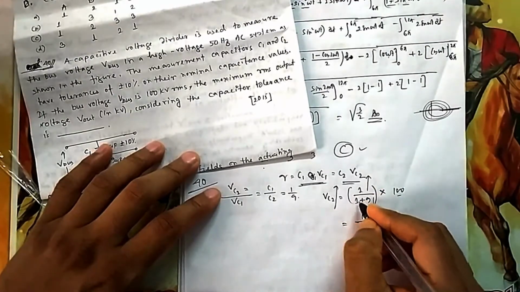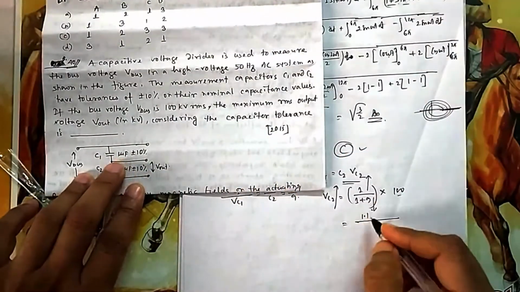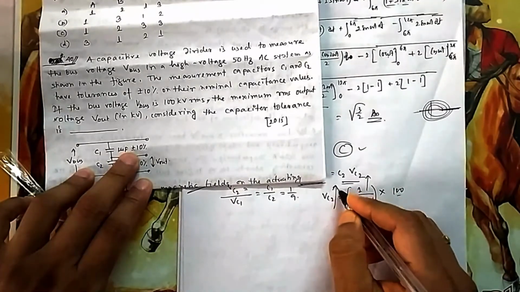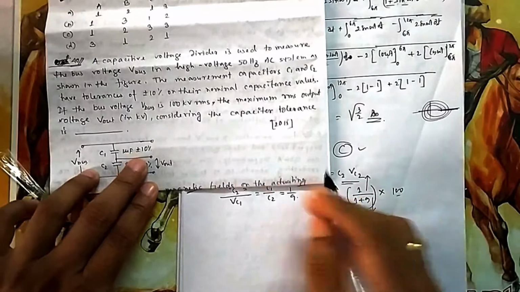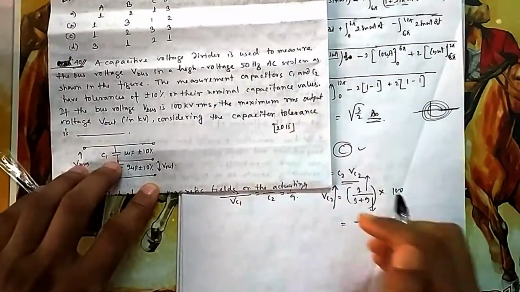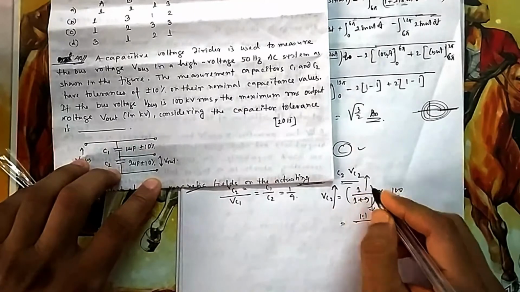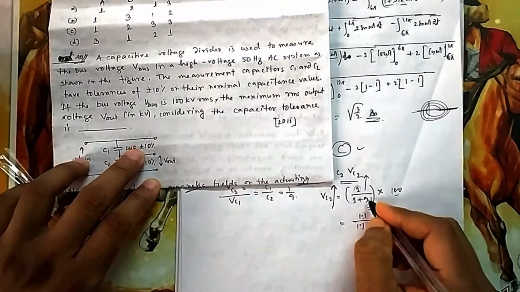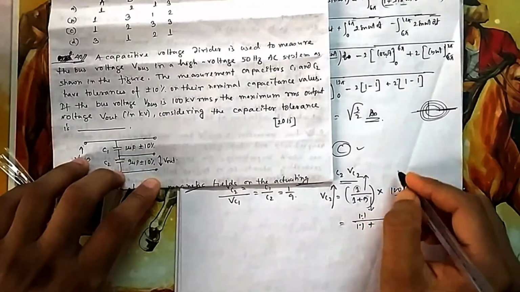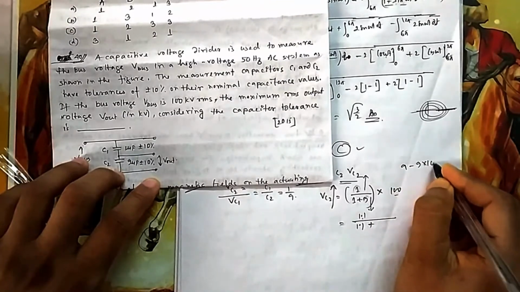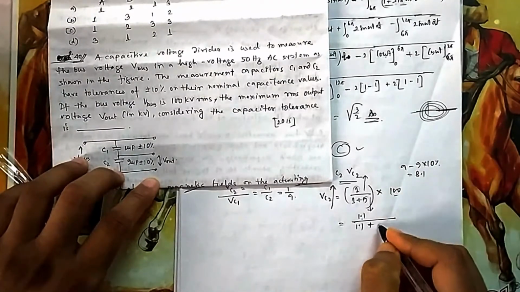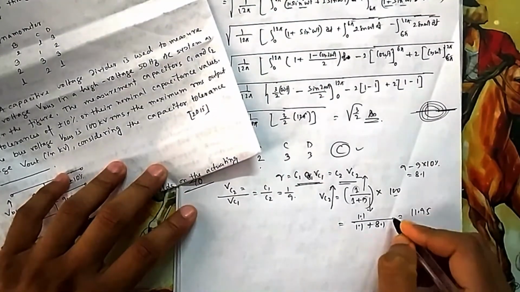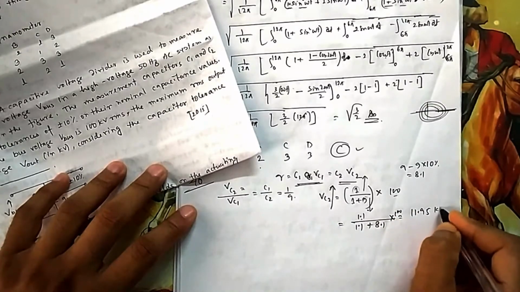Because it is the same capacitor, which capacitor is it coming from? The first capacitor. I am taking the maximum value because it is in the numerator. It should be the highest because I want to get this highest value. Considering the capacitor tolerance, they have asked you to find the maximum RMS output. Once you fix this one, this is also fixed because it is the same capacitor. And then you minimize this one. 9, if you deduct 10% from 9, 0.9 will be deducted, so it will be 8.1. So if you do this, I think you will get 11.95 into 100. This much kV. So that is your answer.